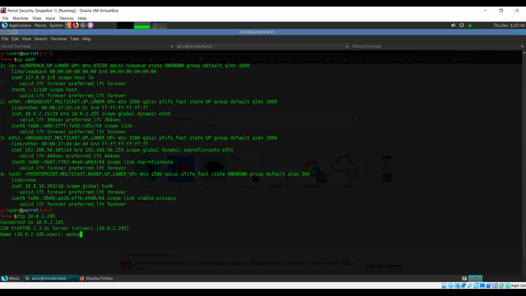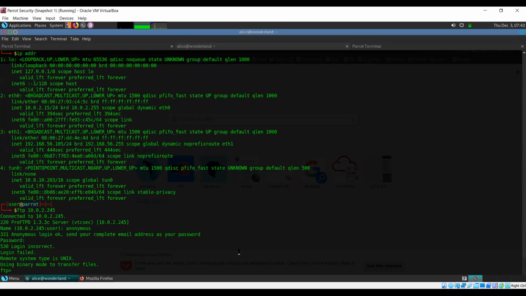So we're able to connect to FTP, but whether anonymous login is allowed or not. It's saying anonymous login okay, send your complete email address as your password. So this usually means anonymous login is disabled, because it means that you are not going to be able to log in.